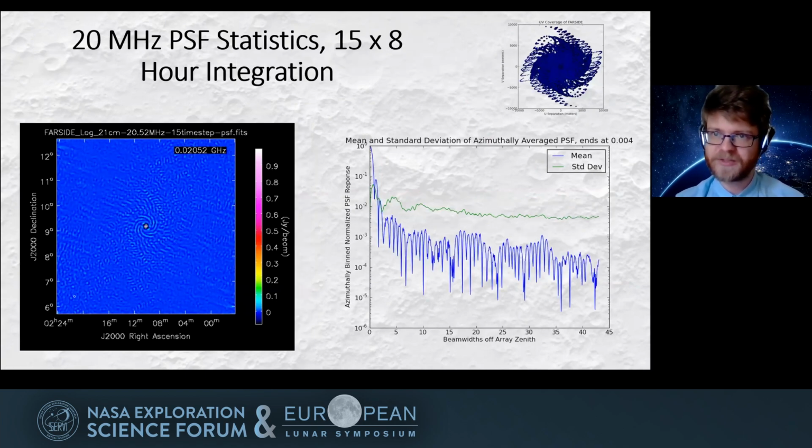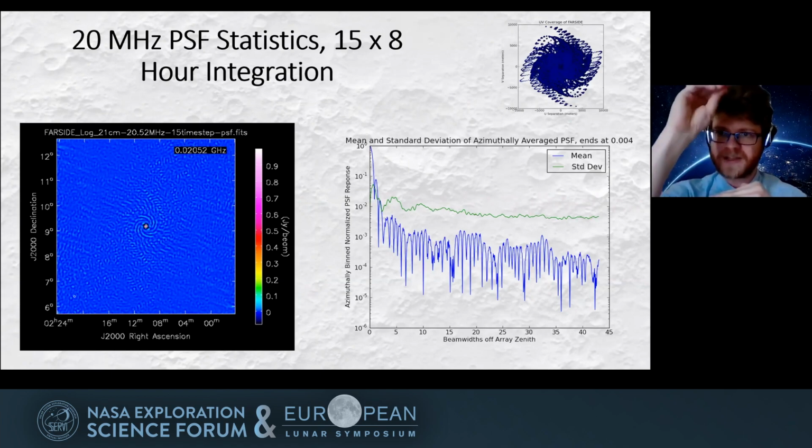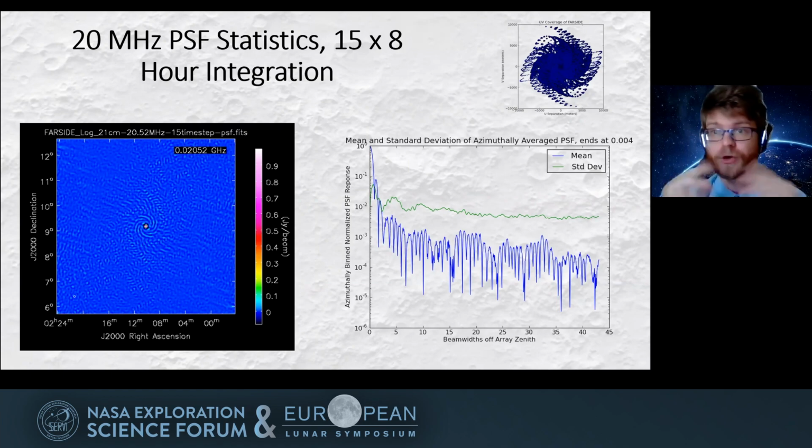And you can actually integrate this more. So what we're doing here is we're placing a simulated array on the lunar far side, imaging the spot of sky that is directly overhead at zenith, and then averaging over that for 5 days, 5 Earth days. And that fills out our UV plane that you can see in the upper right corner, makes the point source function cleaner and improves our beam statistics.